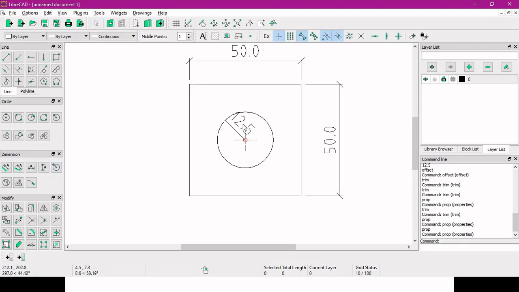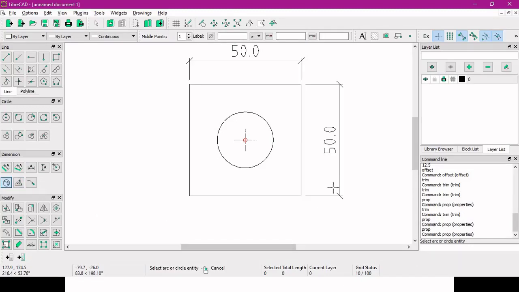So we can delete this one and we can use the diameter dimension. So let's use it. We'll select this circle and it will give us the diameter. So here we can also put this label as phi and it will give us the phi label, and we can put it like this.